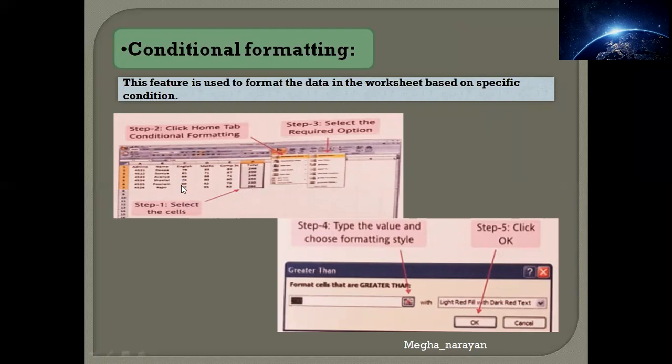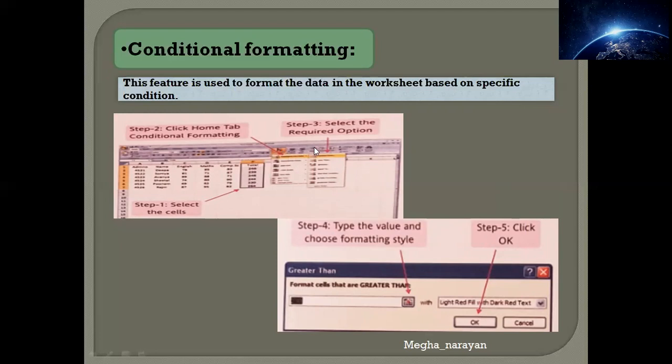Imagine, right now as you can see, a worksheet is available. This worksheet involves various values. The first step is that you are supposed to select all of them together. Once selected, you will move to the Home tab, and from there you will choose the option Conditional Formatting.